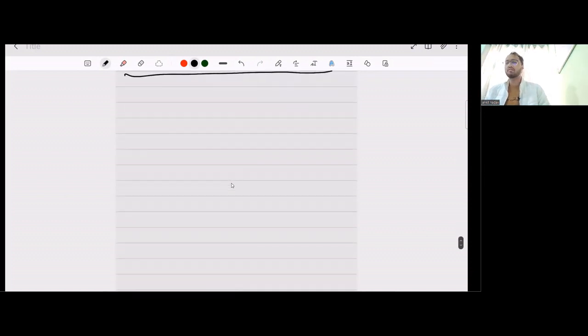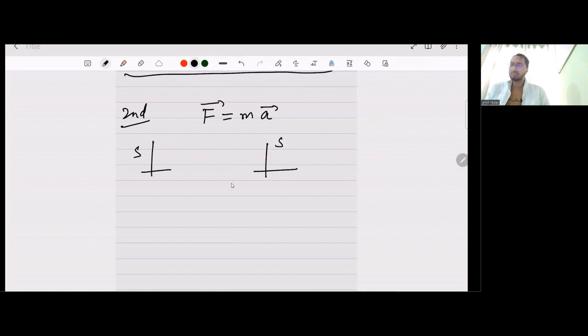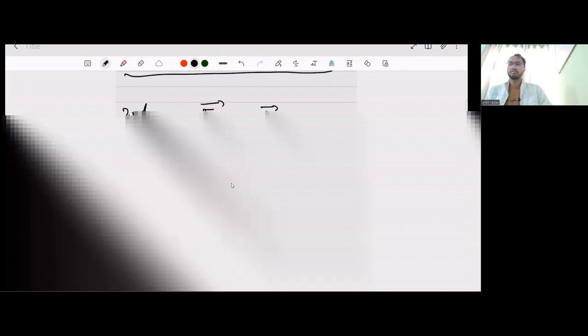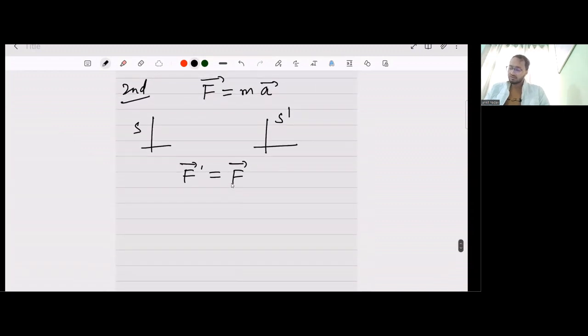टॉपिक तो बेसिकली क्या था कि invariance of the Newton laws, न्यूटन का लॉ for example second law जो है, सेकंड लॉ क्या है, F is equal to ma, कि एक फ्रेम में S में और दूसरे फ्रेम S dash में हम जब मेजर करते हैं, ठीक है, तो मास जो है, तो मैं अगर कहूँ कि अगर F dash is equal to F आ जाता है, then we can say that the Newton laws are invariant, otherwise we cannot say it, ठीक है। So what are the two components? This is one component is mass, because when Galilean transformations जब यूज होते हैं when velocity is very very less than c, मतलब जो नॉर्मल सिचुएशंस हैं उस टाइम पे we use this, ठीक है। In normal situations when velocity is very very less than c,